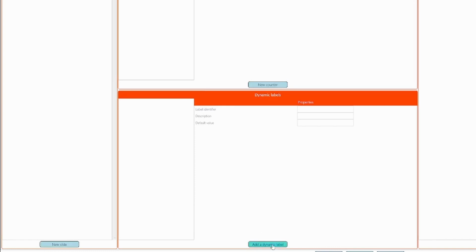Let's add a simple dynamic label. We click on the button Add and we enter the label identifier, for example, player 1 name. We can have a description here that will be presented in the control panel. So we will say player 1. And here you find the default value. You can define whatever you want, for example, player 1. We can add a new dynamic label that will be player 2 name, player 2,